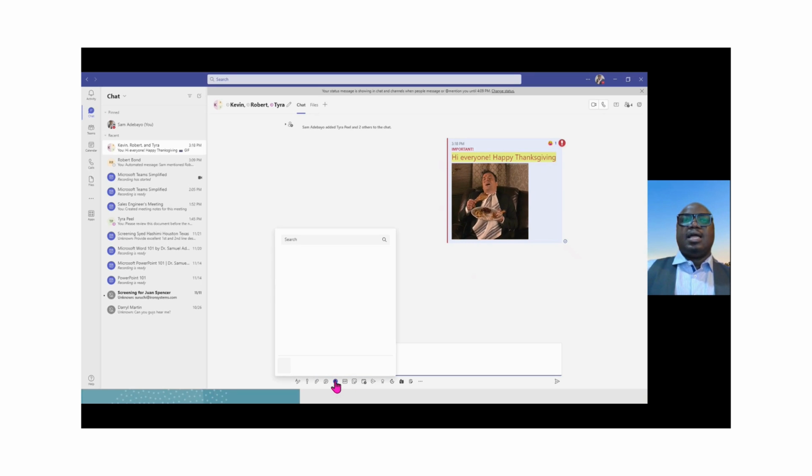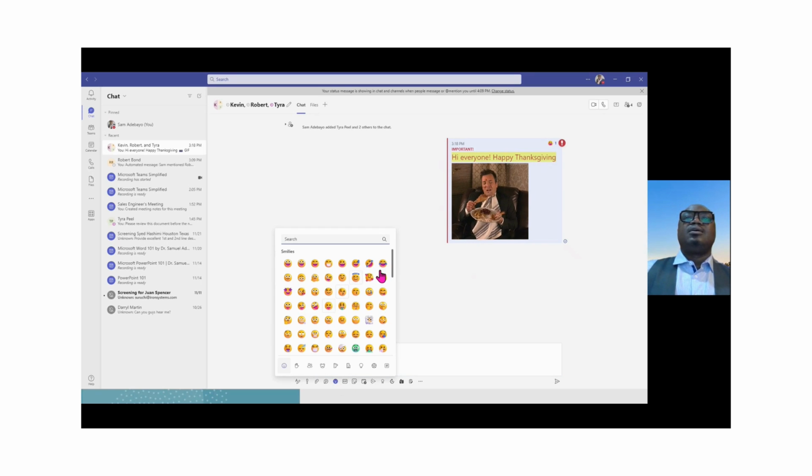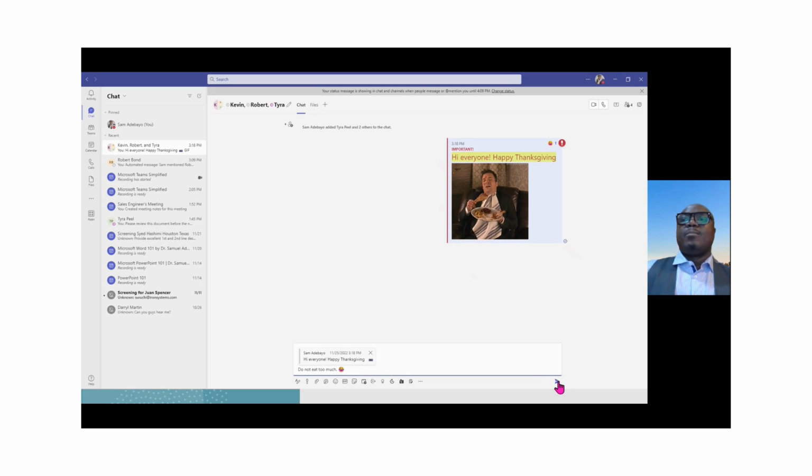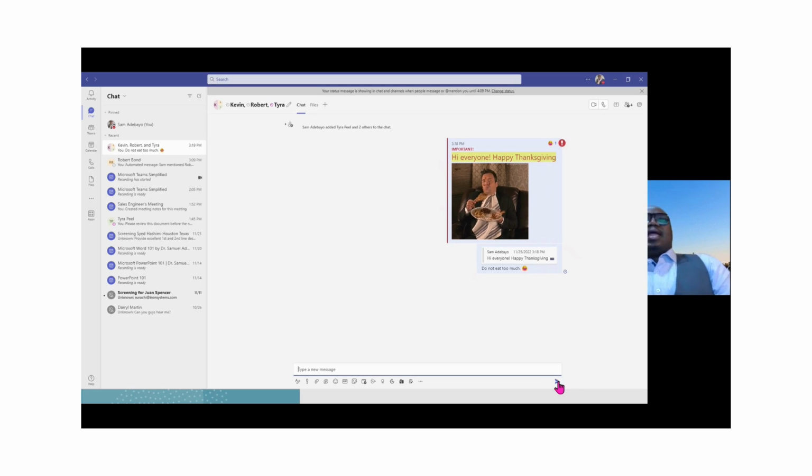And let's add some emoji as well. And I'm also going to send that. And you can see now we have been able to send a chat, and everyone in this group can respond to that chat.